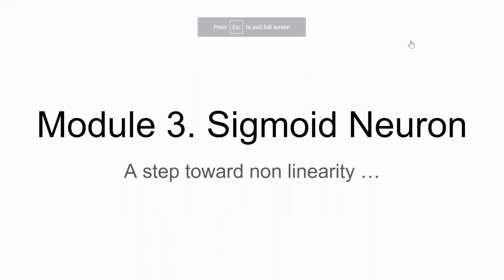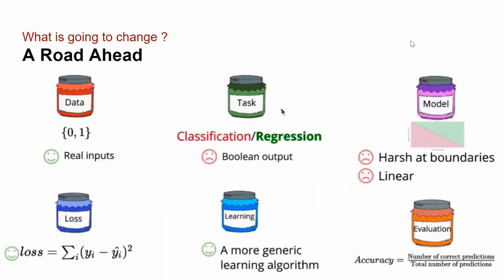So today we're going to start the third module, and this third module is on the sigmoid neuron. What are the things that we're going to see in the sigmoid neuron? This is a bird's eye view. In the case of the perceptron also, we have seen that our input was real input. We are no longer dealing with binary input. That is one good thing, that's why a smiley face. In the case of our perceptron, our output was still binary. So that was a drawback of the perceptron. We will see that in the case of the sigmoid neuron, that drawback will no longer be with us.